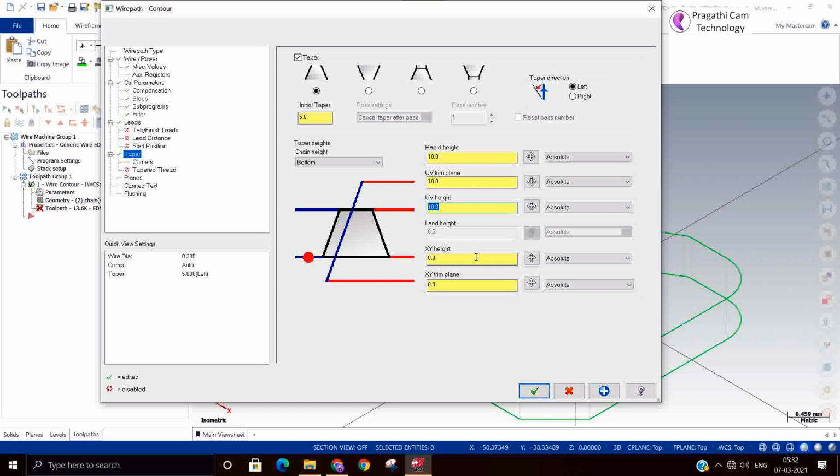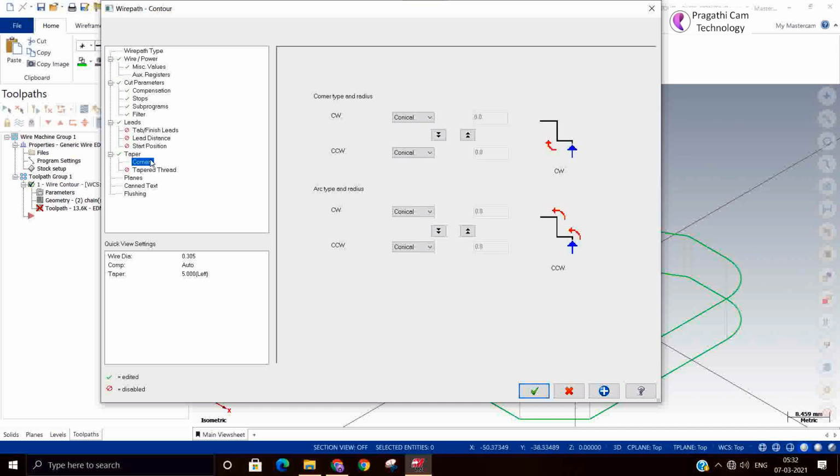So in general, X, Y is that, and the parallel axes are U, V, and W. So when you are cutting a taper, at that time only X, Y, and U, V will be generated. But in direct taper also you will get it. In straight cutting, X, Y is equal to U, V when you are cutting straight. So U and V will not come. You can set it incremental or absolute, where generally you always keep absolute.